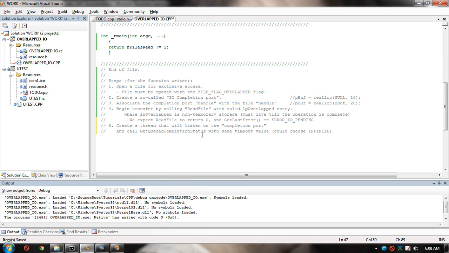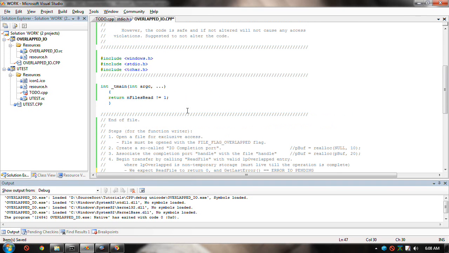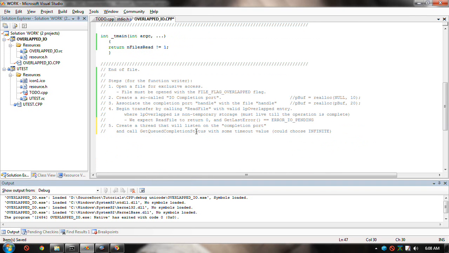If you chose an infinite timeout value, then this thing is either going to succeed, or if it doesn't succeed, then it fails. It can return like timed out. If I set the timeout value to 0, then this thing would return immediately, right? And tell me whether or not the operation is completed. So if you wanted to, you could use this just as a flag. After the thing does complete successfully,